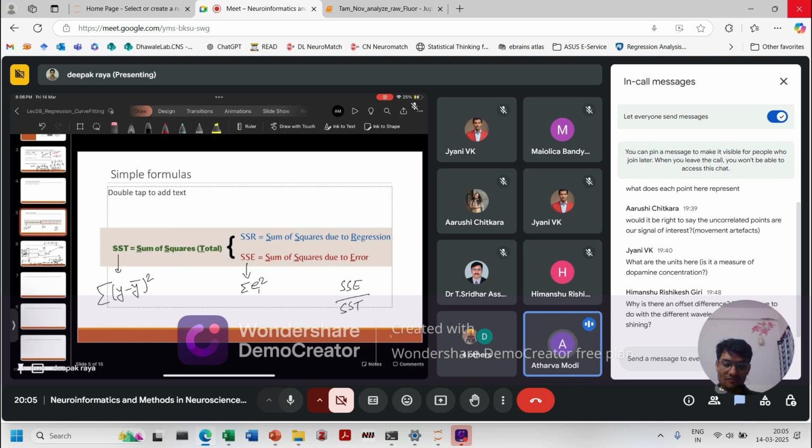For a better fit, SSE should be low, right? The sum of squares should be low. So we subtract it from 1, and this is also equal to SSR by SST. So what is SSR? SSR is the sum of